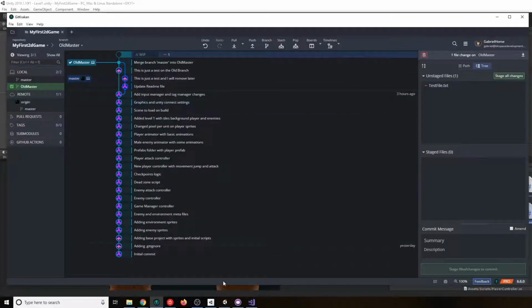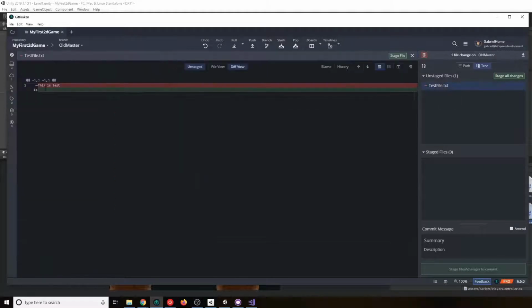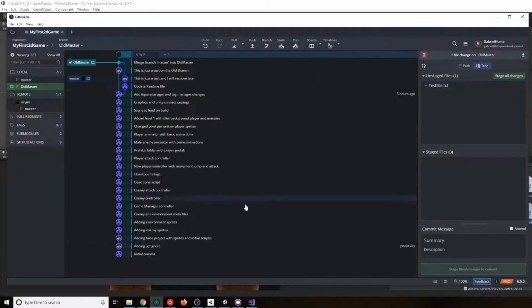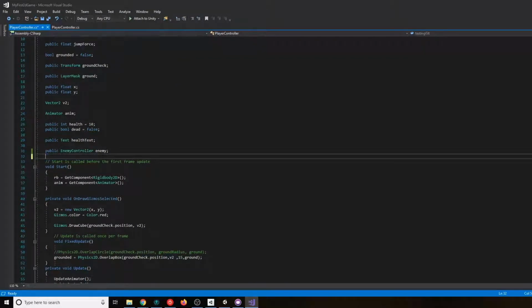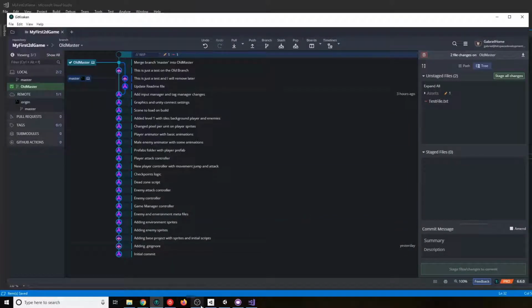The red only applies for deleting objects, like when you completely delete something. But as you can see here, there is a red line. That means I deleted that line. So if, for example, I go here and say I don't want this variable anymore, I didn't use it, I'm just doing some cleanup in my code, and I go into Git again, you will see the change appear there, right?